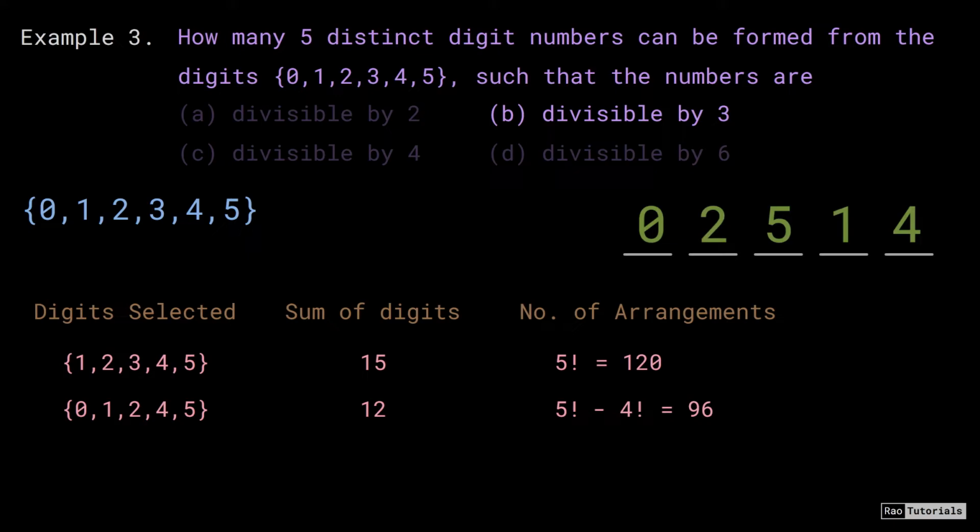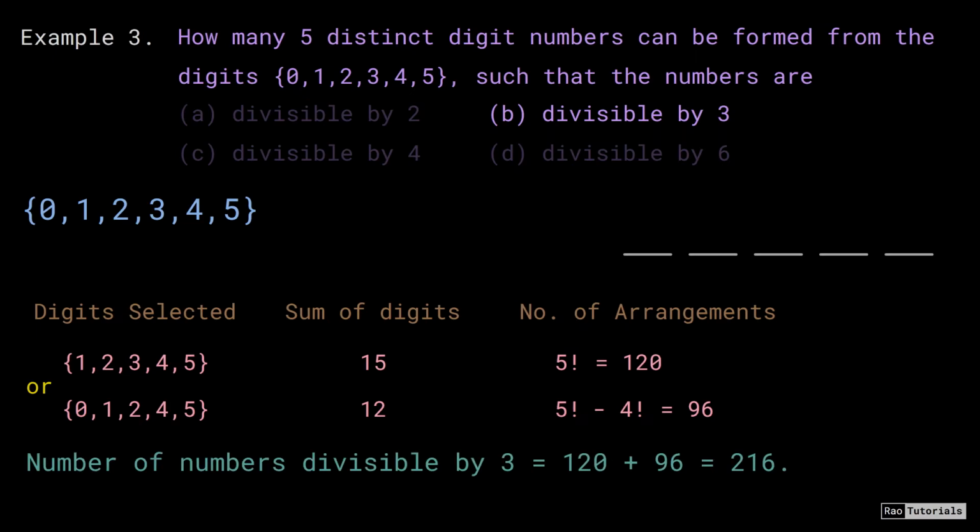So we have formed numbers from those digits which add up to 15, and digits that add up to 12, and now we cannot go any lower than this sum of 12, because for the numbers to be divisible by 3, we would now need the sum of digits to be 9. And even after excluding the greatest digit 5, we still are getting the sum minimum as 10, that is greater than 9. So there is no other possibility, and required numbers that are divisible by 3 can be formed in either of these two ways. By addition rule, total number of ways is 216.